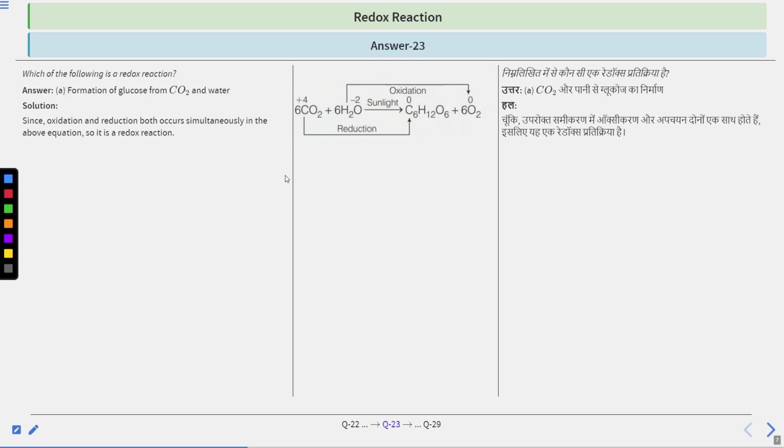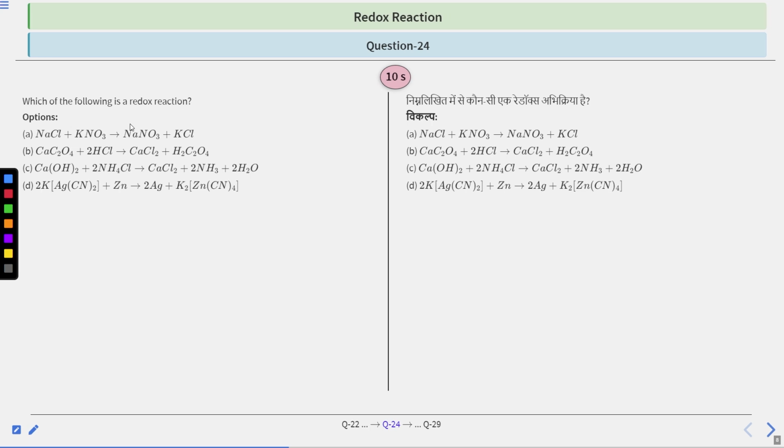Okay, let's move to the next question. Question number 24. Which of the following is a redox reaction? We have been given some reactions in the options, and we have to find out which one is redox. Options are sodium chloride plus potassium nitrate giving us sodium nitrate plus potassium chloride,